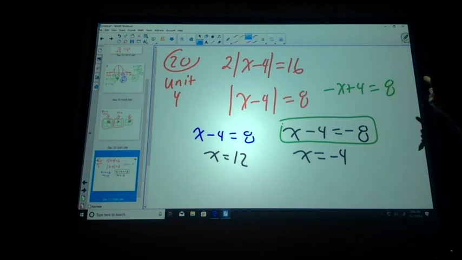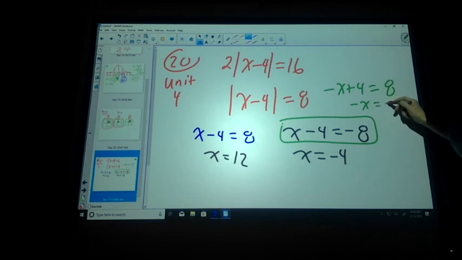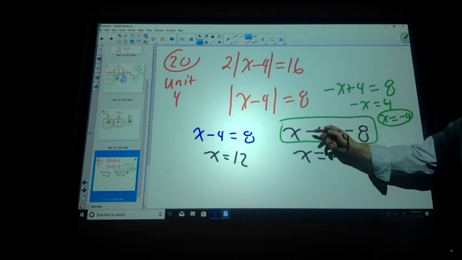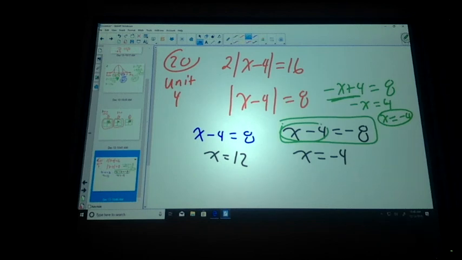I can do that. That's technically the same way. Why isn't it like x plus 4 equals 8? I understand x minus 4 equals 8, and then why can't it be x plus 4 equals 8? You'd have to change both of these signs like this to do what you're doing, which is the exact same thing. Your way is actually the correct way to do it.